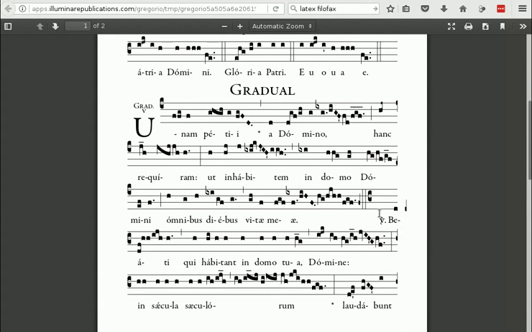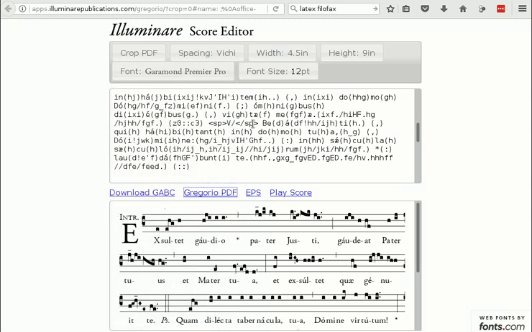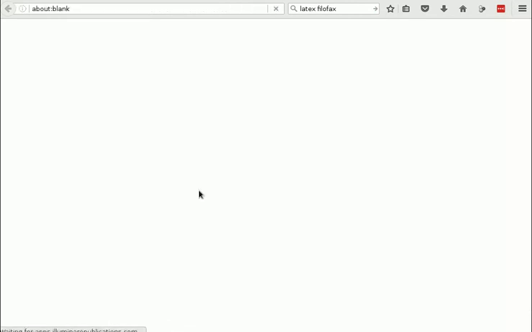You've got the clef change in the right place. But this has been pushed right off. What if we put the mi on the next line up? So let's change that line break one more time. Move that Z. Where was it? There's the Z. So I'll take it out of there and put it after the mi. Gregorio PDF one more time.